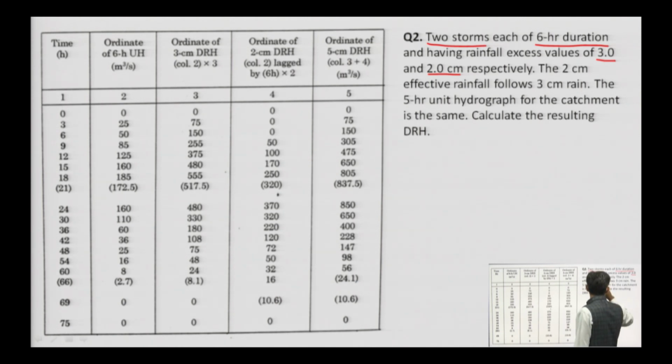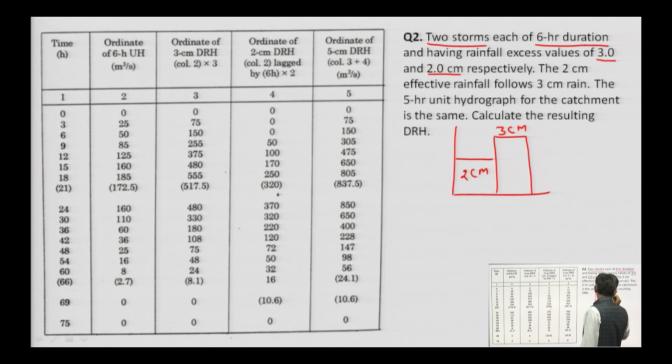The 2 centimeter effective rainfall is followed by 3 centimeter, means the first storm has 2 centimeter,